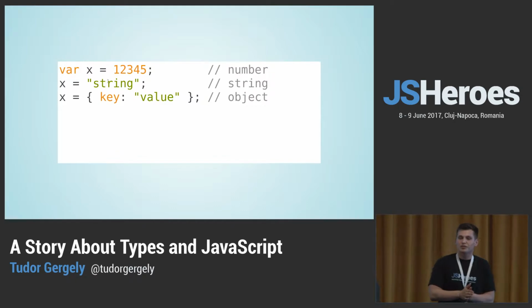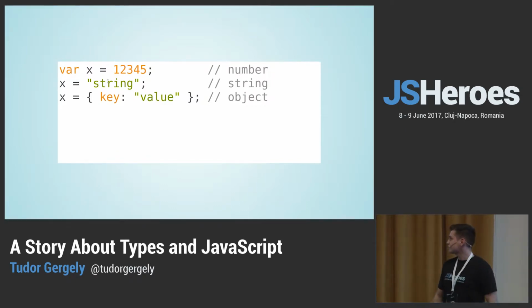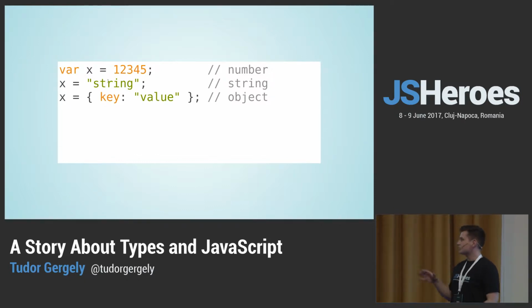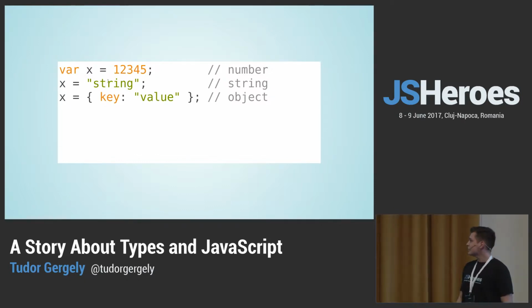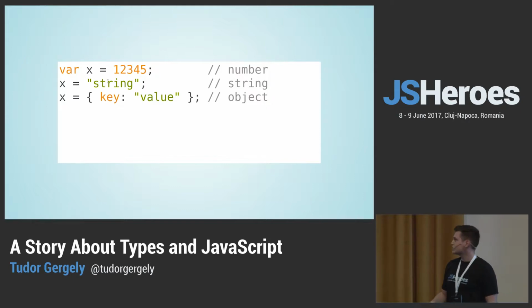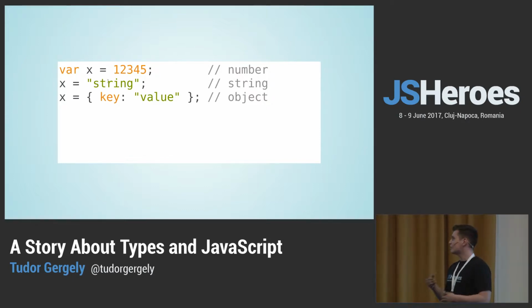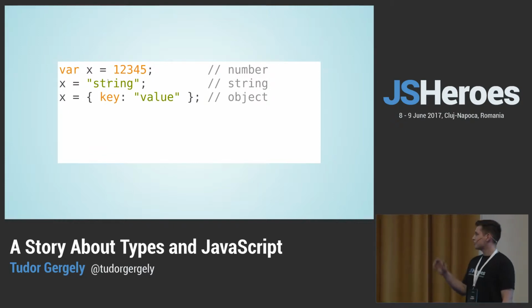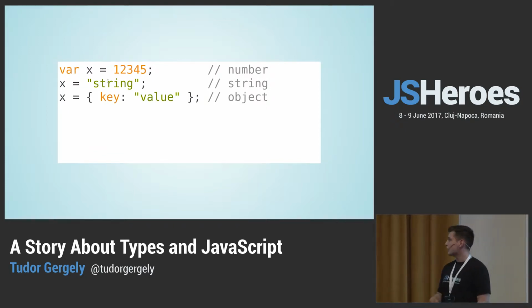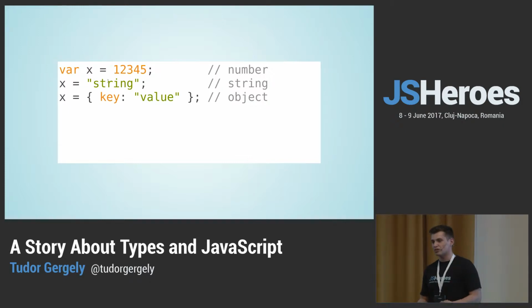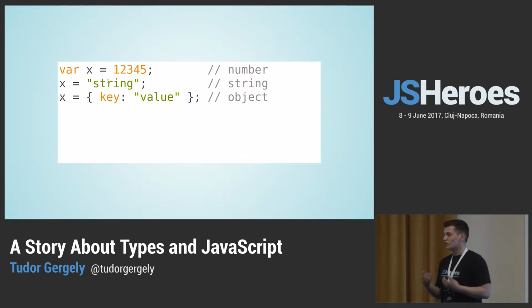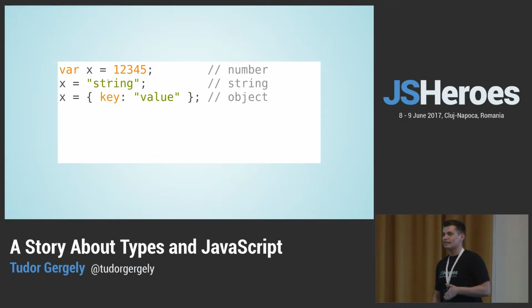But let's get a bit more technical here. Here's a little example of code, which is really simple. I'm sure you all understand it, but it illustrates an idea which will make you think about why we should use types. So this is a simple variable declaration in JavaScript. You can assign a number to it, a string, and then an object to the same variable. You don't have to specify its type, and you don't even have to know it, actually. The runtime will handle that for you.